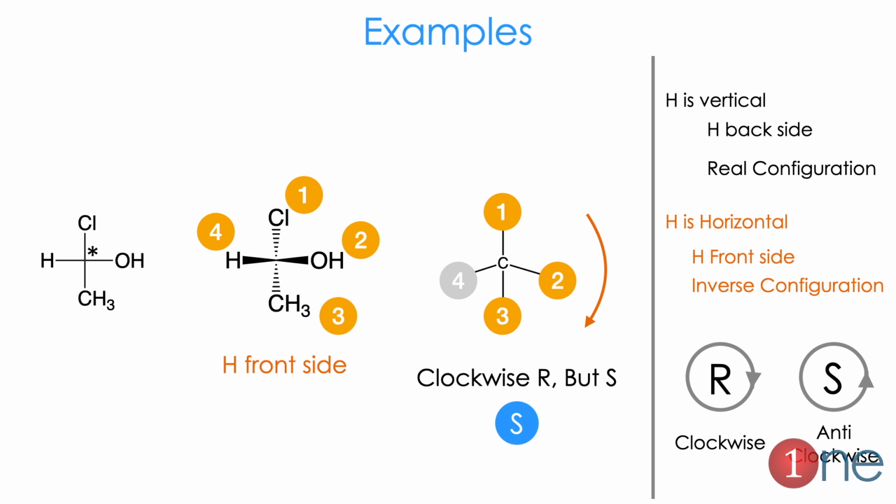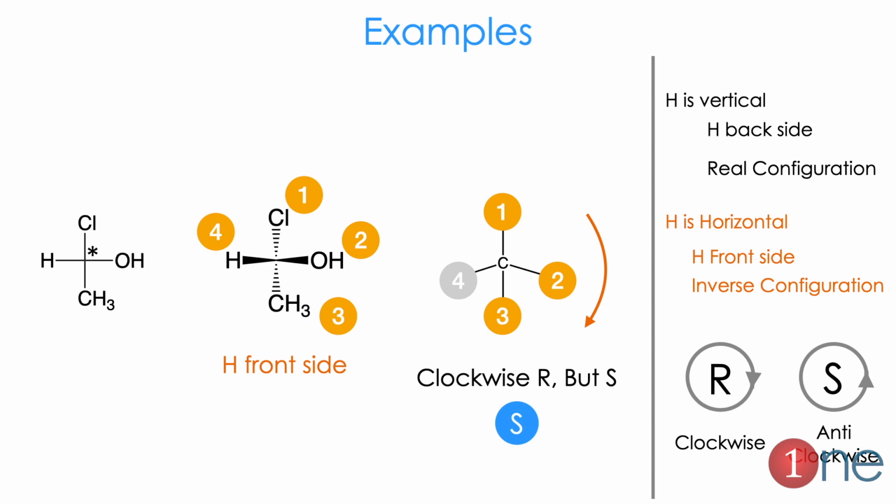So here I gave the same example with hydrogen in the horizontal position. So you know that hydrogen horizontal means hydrogen comes on the front side. Hydrogen coming on the front side means the configuration will be reversed. So you have to write with preference here. So hydrogen will be in the fourth position, which is on the front, chlorine will obviously be first, oxygen second, methyl third. So if you write it, it will be in the R position. Since hydrogen is on the front side, it will be the S.